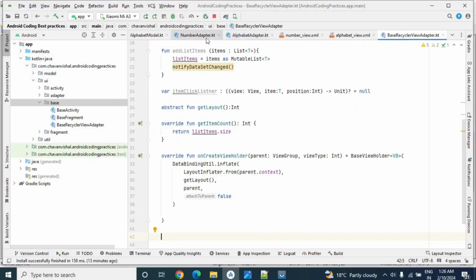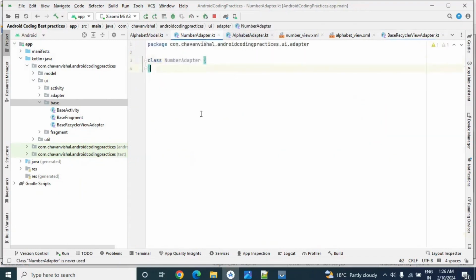Now let's go to our actual adapter. This adapter will extend BaseRecyclerViewAdapter. For this adapter we will pass one context. Actually we don't require context in this project, but in your real-time project you might require it.